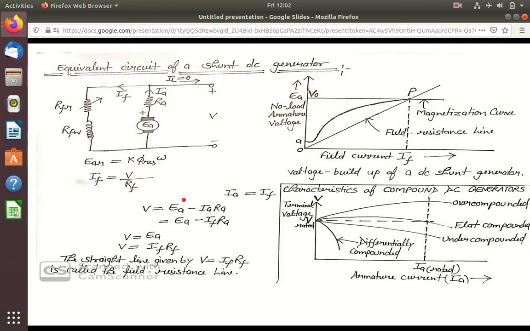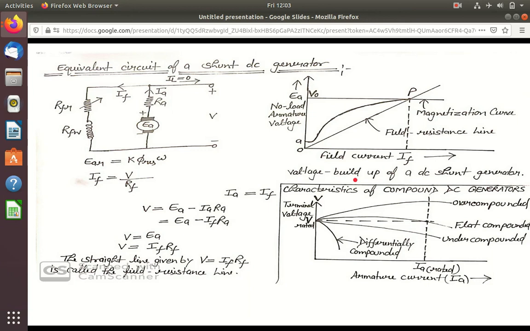So this process of voltage build-up continues. This is shown in this figure, voltage build-up of a DC shunt generator. The effect of magnetic saturation in the pole faces limits the terminal voltage of the generator to a steady state